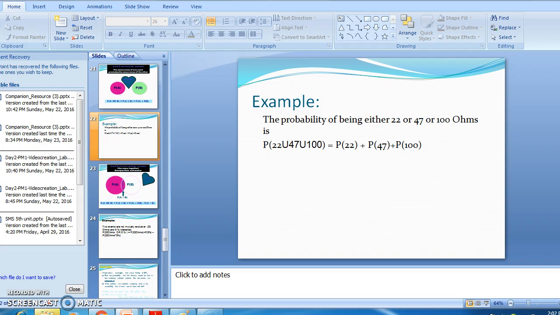As an example, the probability of being either 22 ohms or 47 ohms or 100 ohms when you draw a resistance from a box of these different resistances is